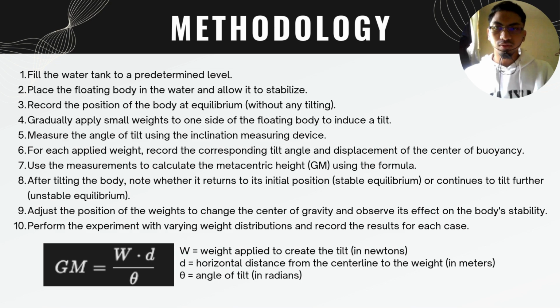Measure the angle of tilt using the inclination measurement device. For each applied weight, record the corresponding tilt angle and displacement of the center of buoyancy. Use the measurement to calculate the metacentric height Gm using the formula. After tilting the body, note whether it returned to its initial position, stable equilibrium, or continues to tilt further, unstable